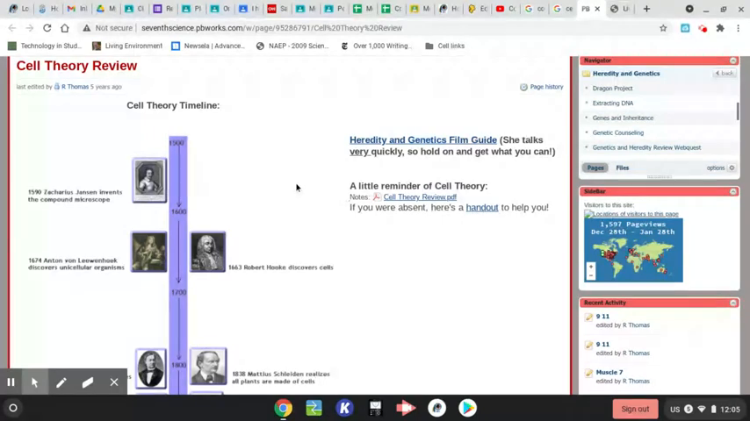So in 1590, Zachariah Jensen invents the compound microscope. And what was really interesting is that as soon as the microscope was invented, it was improved upon 40, 50, 70 years later, but then the idea of microscopy kind of exploded. You had Anton von Leeuwenhoek, who's considered the father of microscopy. He invents this improved compound microscope, and at the same time, other people are inventing microscopes, and right around the